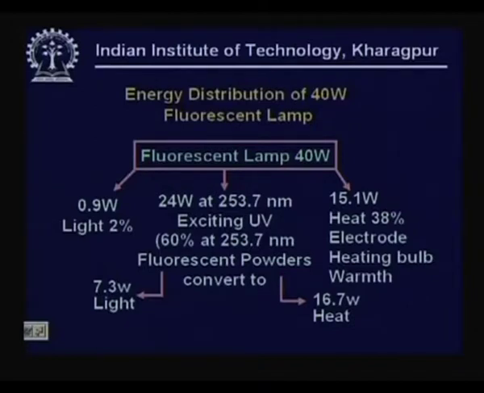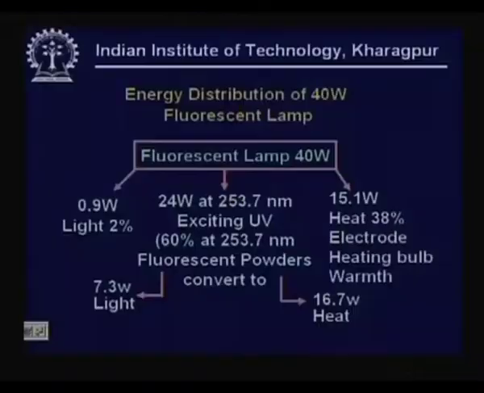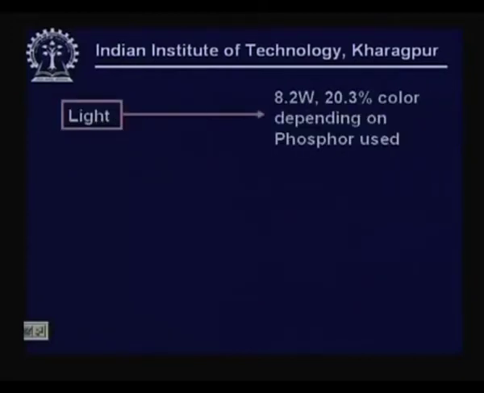That means, what does it mean? If I pump in about 40 watts, 7.3 watts through the fluorescence, about 0.9 watts directly, that is a sum total of about 8.2 watts is what really converted into the useful light, and close to about 31 watts gets in as heat. But the advantage, remember, if we had used an incandescent lamp, most of it is only through its heat that light is produced. So, essentially